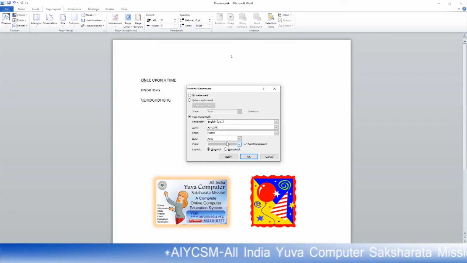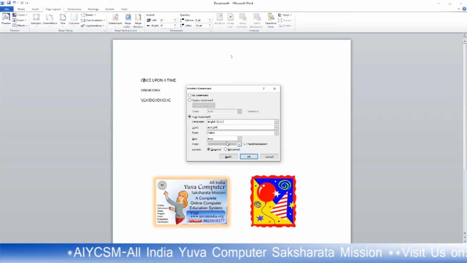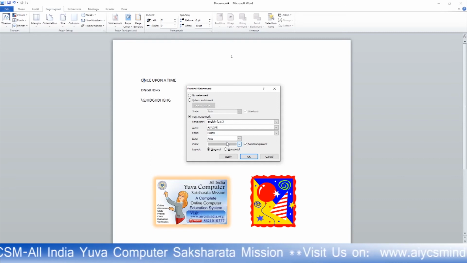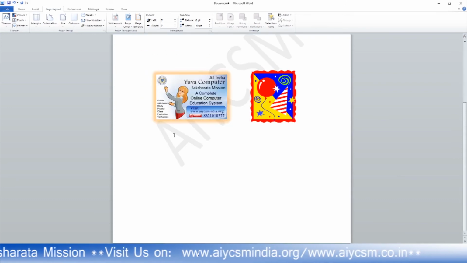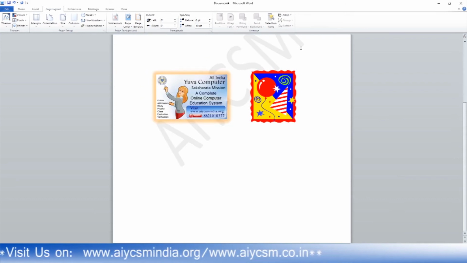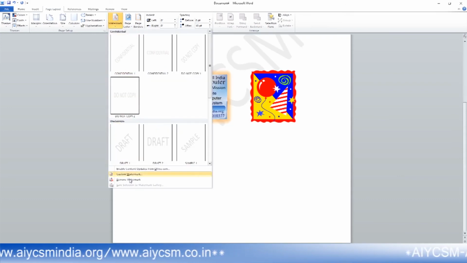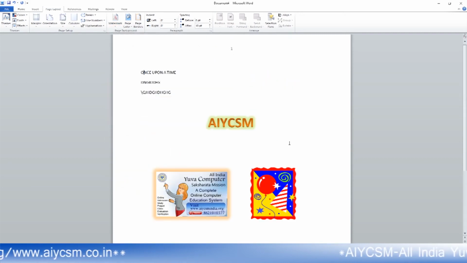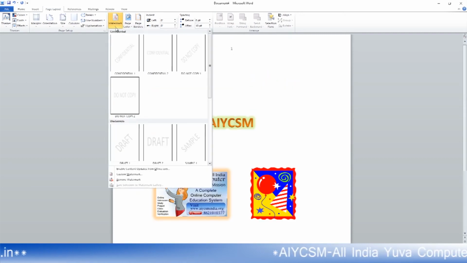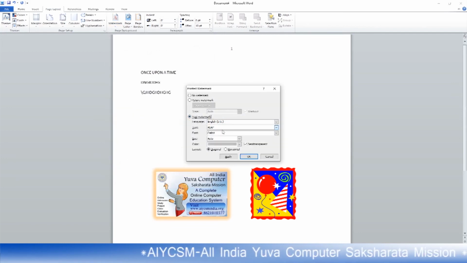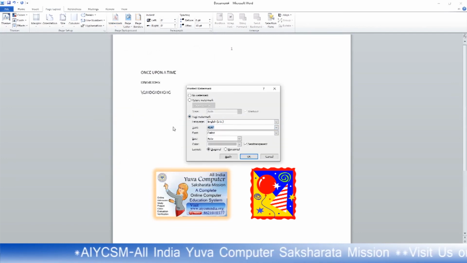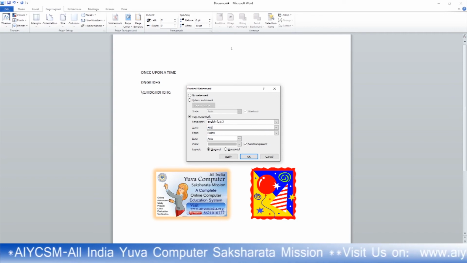This is my question paper. I have to print the watermark behind my page. You can see it on some of the pages of CU. There, this is the watermark. Apply it, close it. You will see this watermark behind my page. If you want to delete the watermark, click on remove watermark. The watermark will be removed. Go to custom watermark. From text watermark, write anything you want to write.